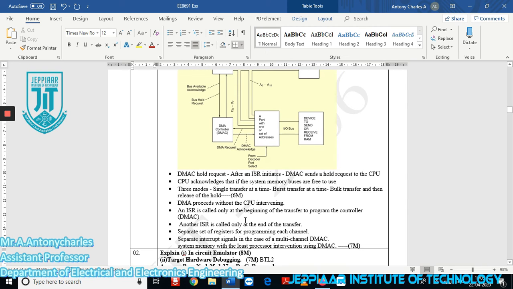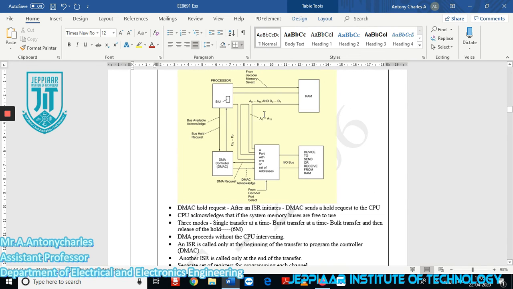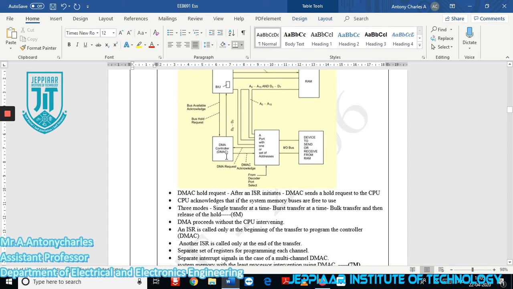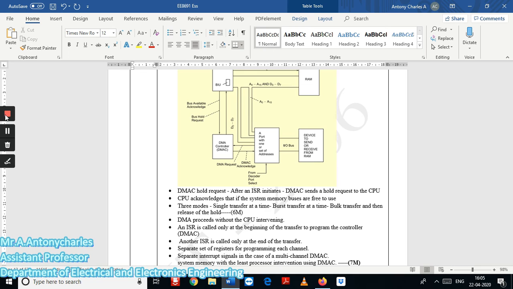Here we are going to discuss the interrupt signals in case the processor accesses the data from the BIU to the device. The RAM will access the data. DMA control will monitor the signal of the bus available, and an acknowledgement signal is sent to the user. Okay, these things and all we are going